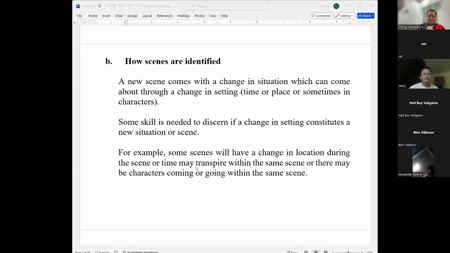And as we talked about in class, that's not a hard and fast rule. That doesn't mean that every time there's a change in scene or in time that it's a new situation. We have to sort of examine some of the details and determine whether or not it looks like a